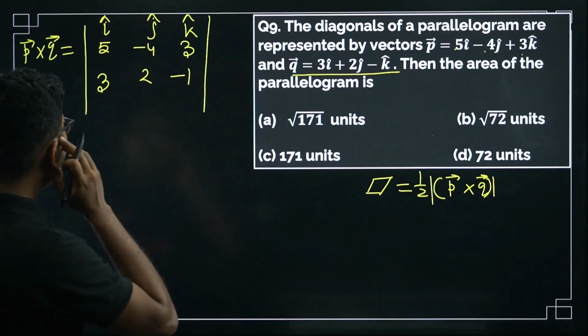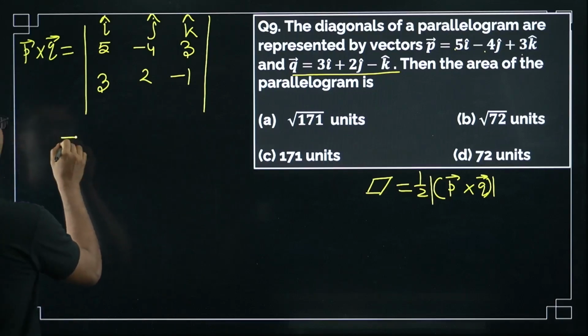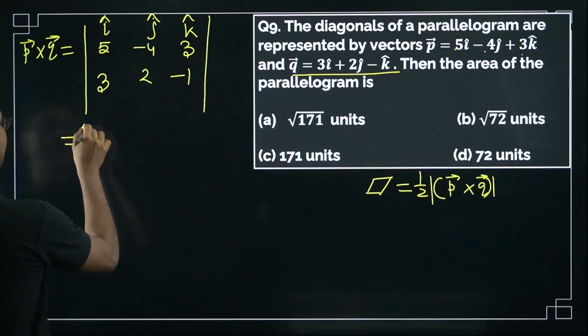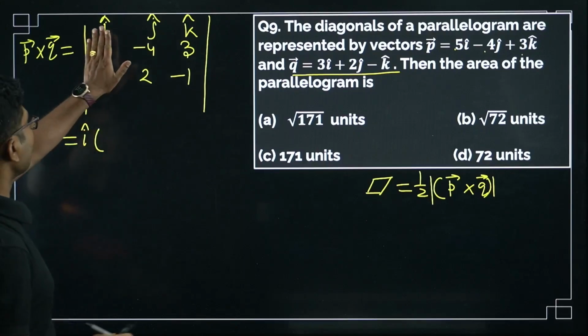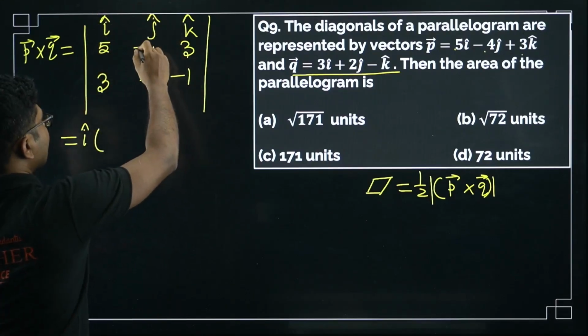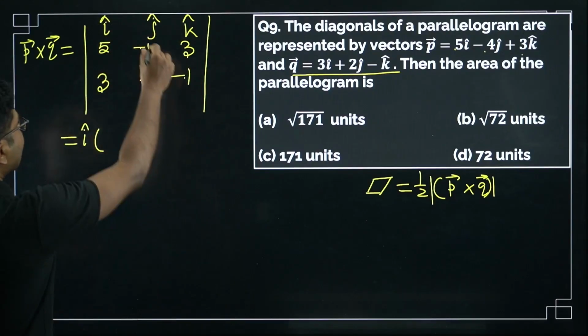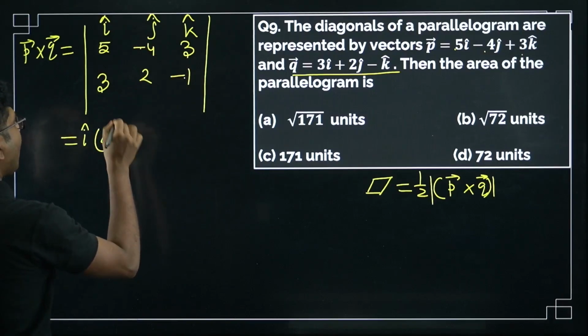Okay, so this is P cross Q. Now you use the determinant method to calculate. For i cap, first you cover this row and column. So minus 4 into minus 1 is 4, minus